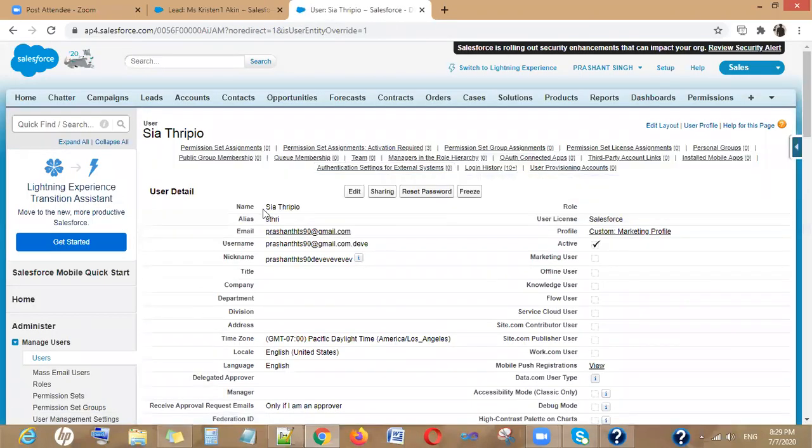So let's say this particular user is facing a problem in logging into Salesforce. Then Sia will have two options.